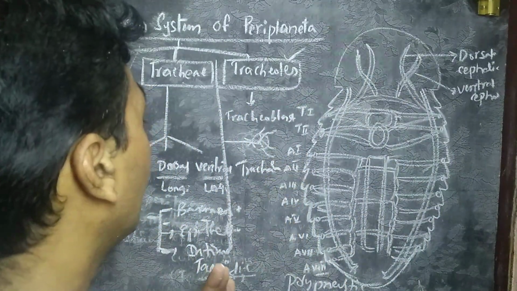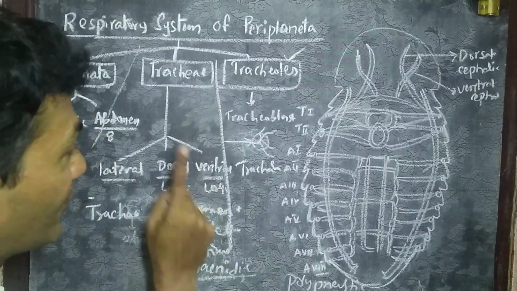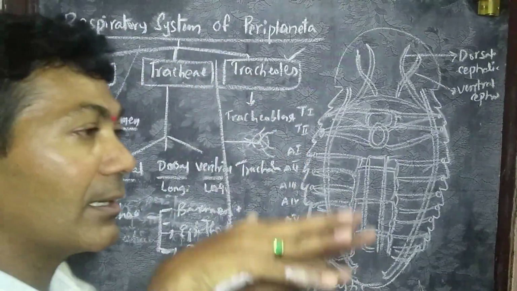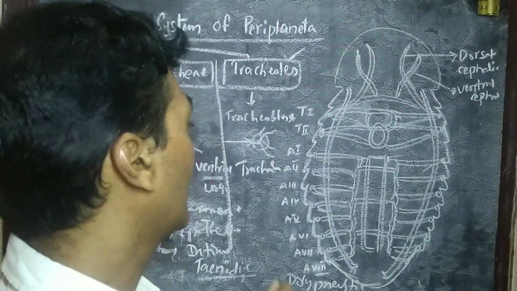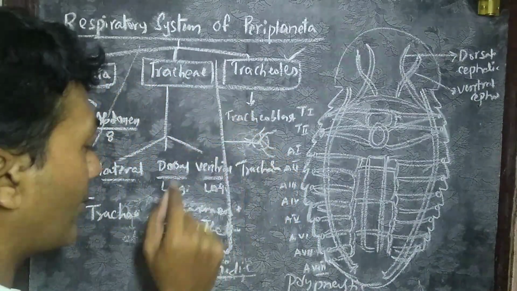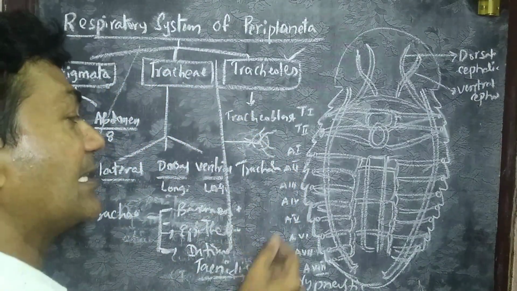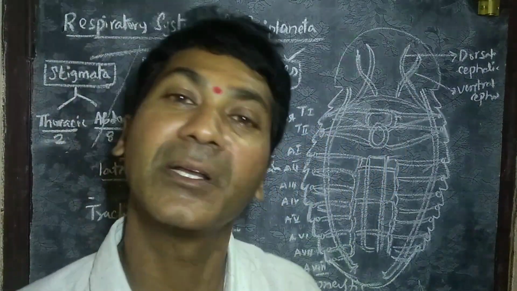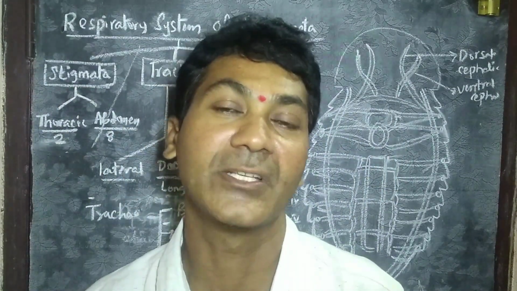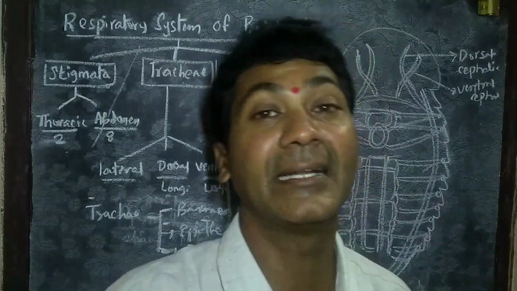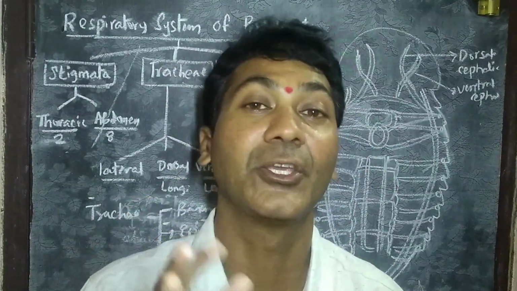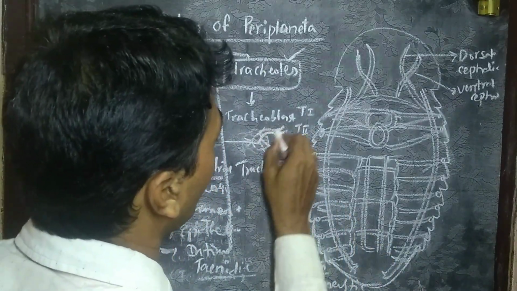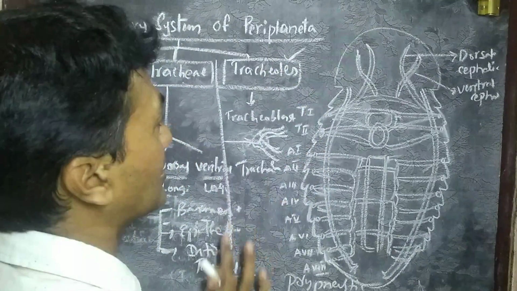I repeat, my dear students, the difference between trachea and tracheoles: remember, tracheoles are intracellular divisions. Tracheoles lack the intima and Ctenidae, whereas instead they contain a protein known as trachein, which also helps prevent collapsing, and they contain a special fluid known as tracheolar fluid, which the trachea does not contain. So tracheolar fluid is present in tracheoles.